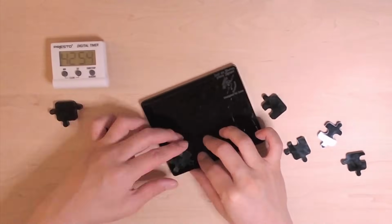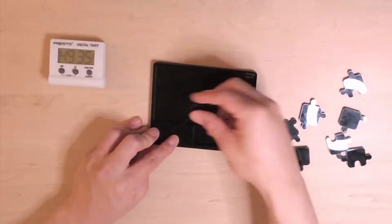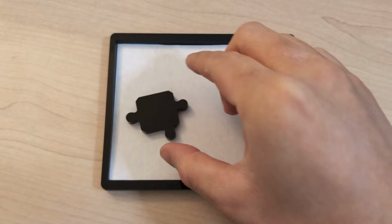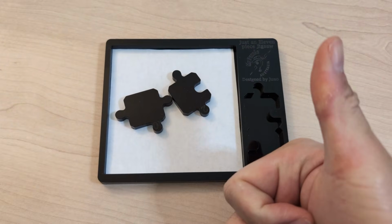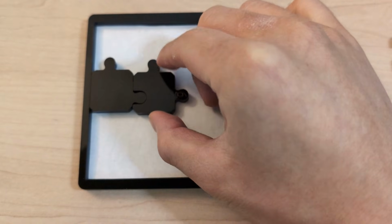So here's one minor piece of feedback. Please make the pieces and the frame in different colors. Anyway, I resolved it by cutting a piece of paper and putting it into the frame. Much better. So the first thing I noticed was that the pieces couldn't properly fit in the edge of the